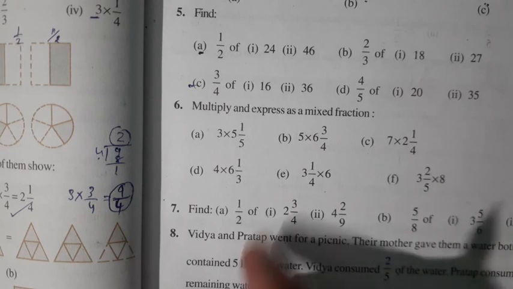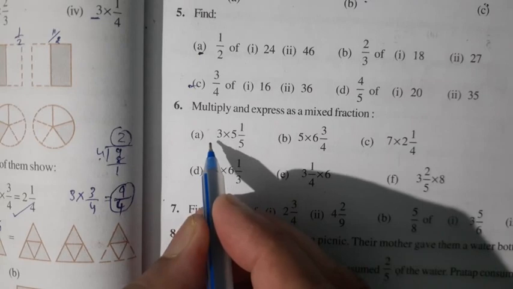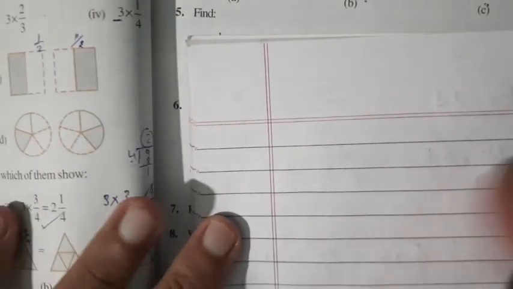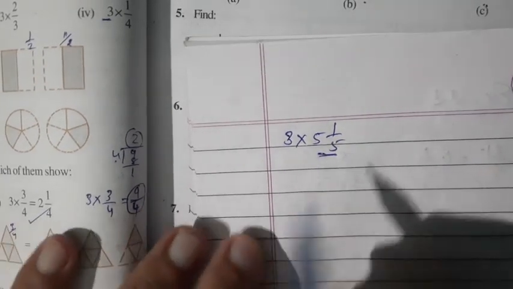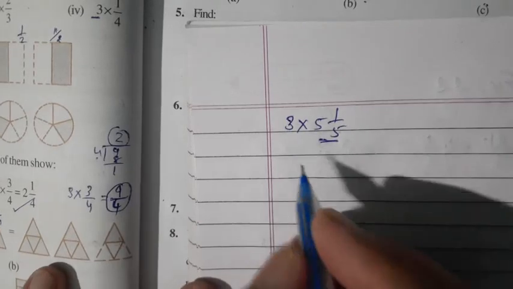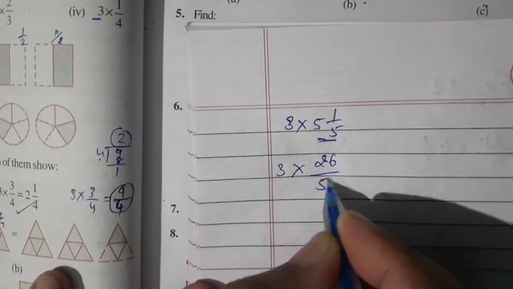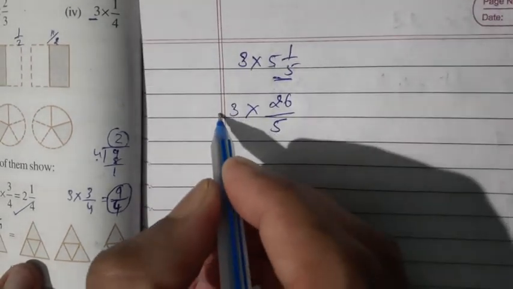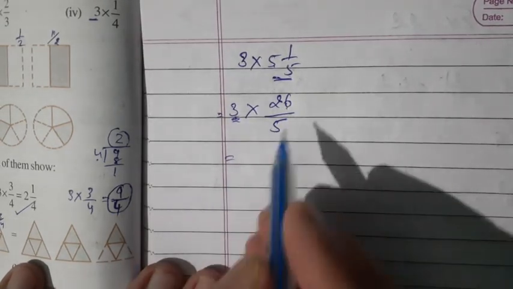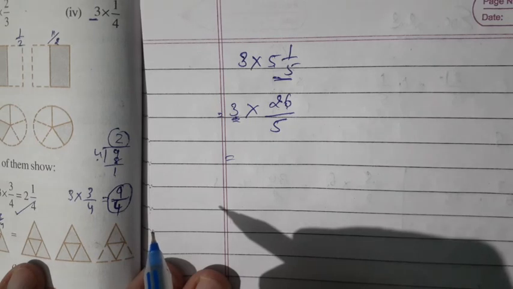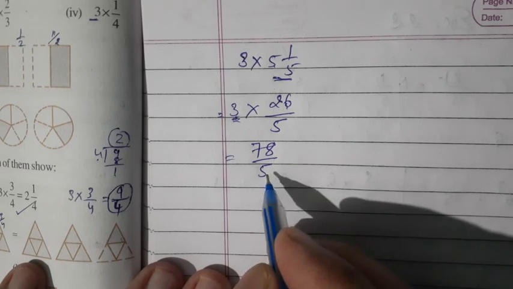The mixed fraction and whole numbers. Okay. Out of them, suppose the first one, 3 into 5 integer 1 upon 5. So first what to do? Convert the mixed fraction into improper. So 5 5s are 25 and 1, 26 upon 5. Okay. Now a whole number is there, so directly multiply with this one. So 26 into 3,